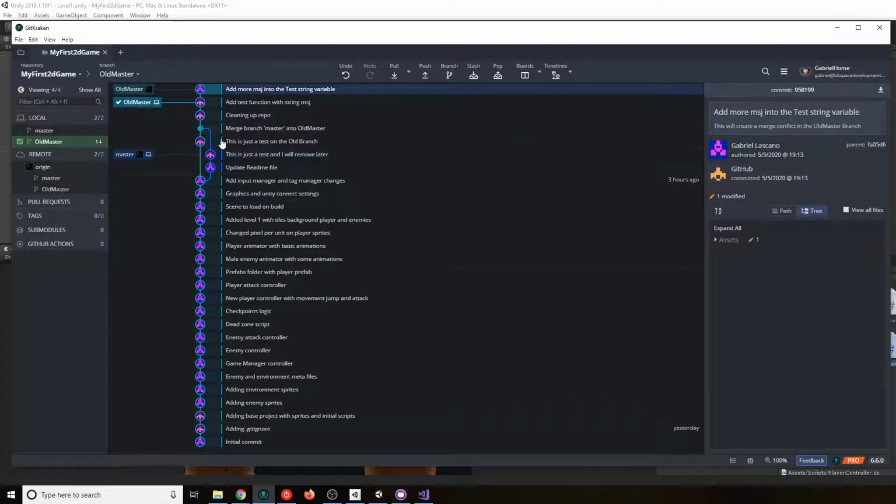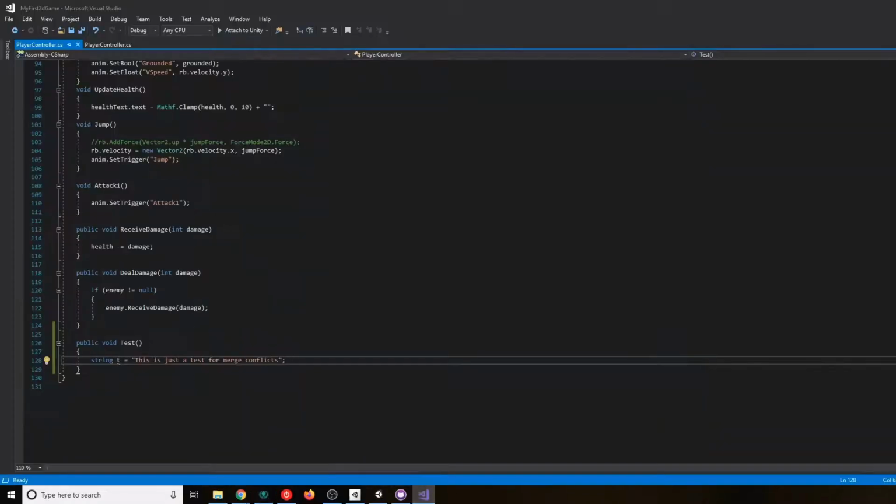Okay, so I have this change here. Before I do anything, my local branch doesn't have that change, but I'm going to go here. I don't like merge conflicts, because they are sometimes hard to deal with.